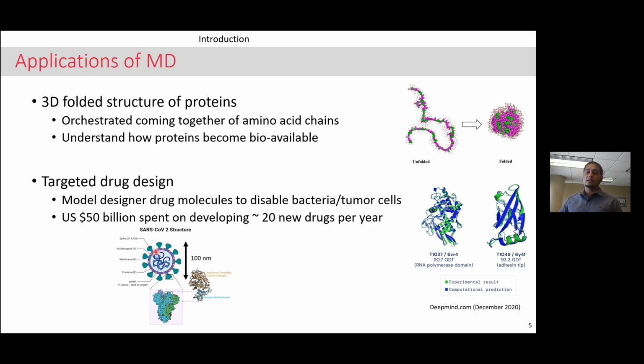And you can see that it has a specific structure. The reason why it's called a coronavirus is because it has this corona out over here, and it has a certain molecular structure to it. It has a certain physical structure to it. And if you're going to be disabling something, whether it be a bacteria, a tumor cell, or a virus, essentially you're harnessing something like a lock and key mechanism. You want something that would go and lock into the physical and chemical structure of this virus and disable it.